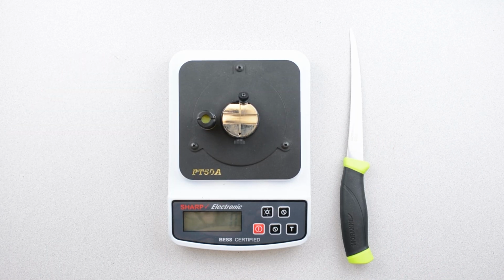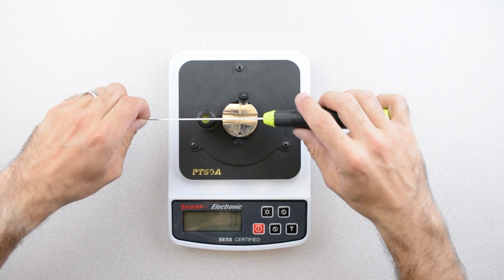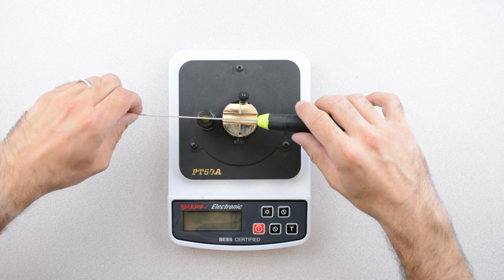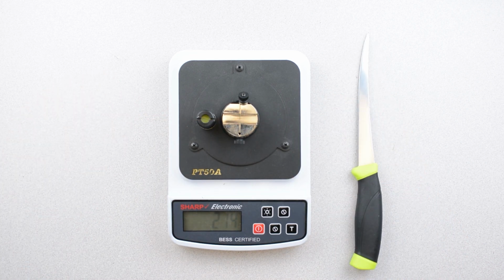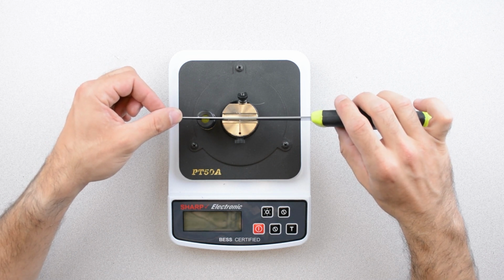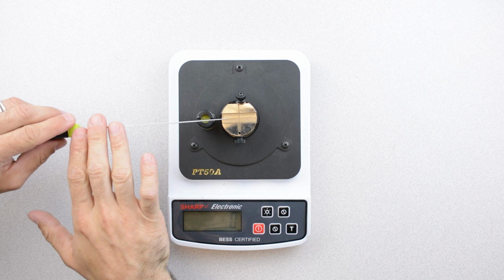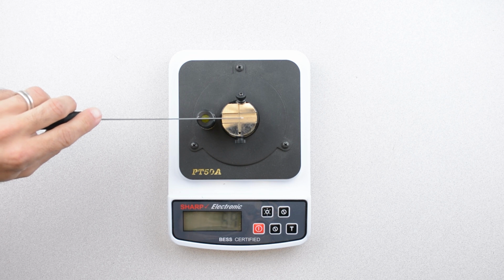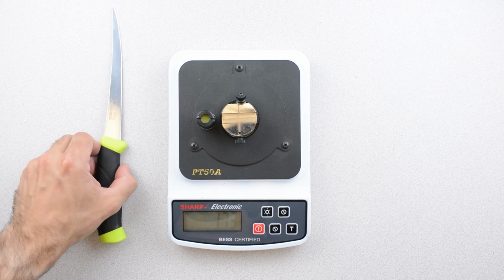So once again, we've got the edge on up to test how sharp this Morakniv Fillet knife is. So let's see how it is near the heel. 214 grams. Let's test the middle. 287 grams. And let's test the tip of this knife. 173 grams. So that gives us an average sharpness of